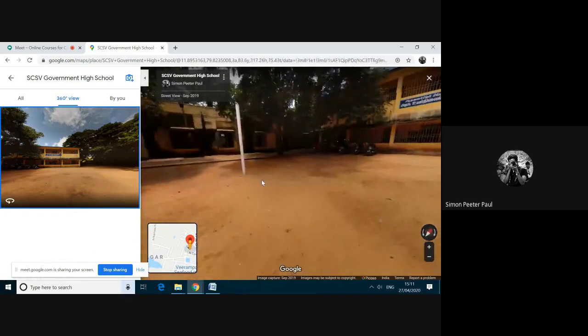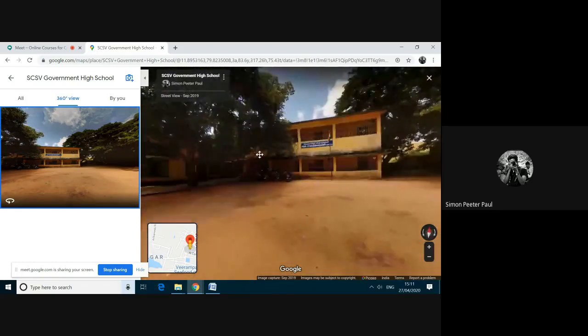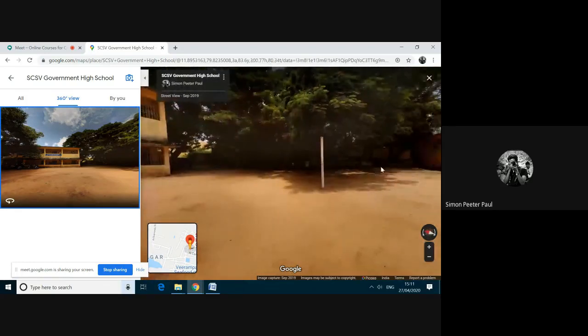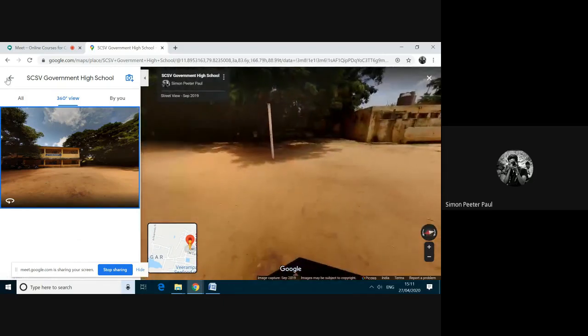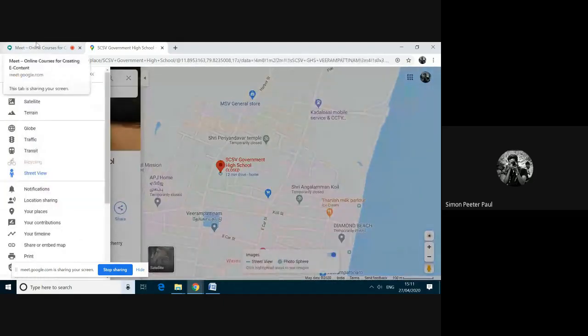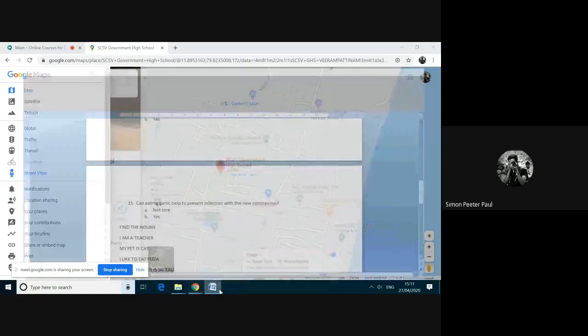You can also take photos like this. I will teach you, if possible, how to take this type of photos. It is very simple. In case of mobile, if you have one, please download the app Google Street View.